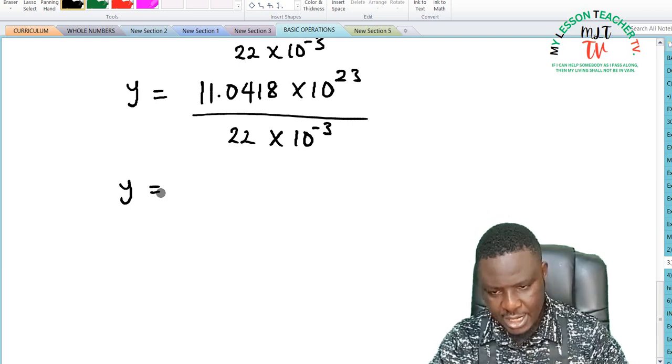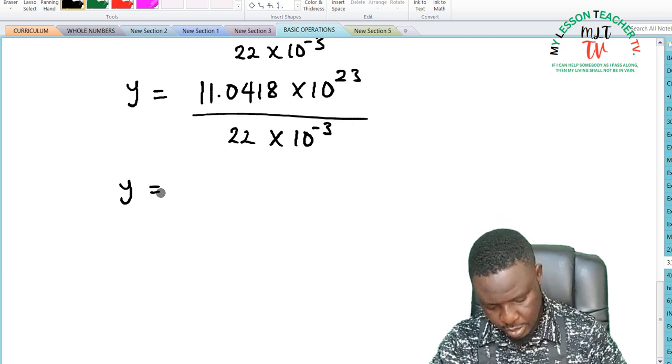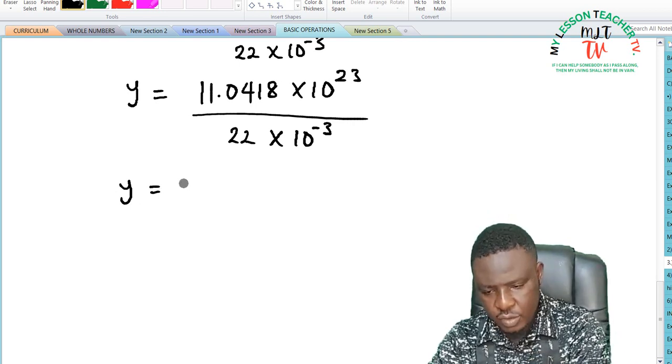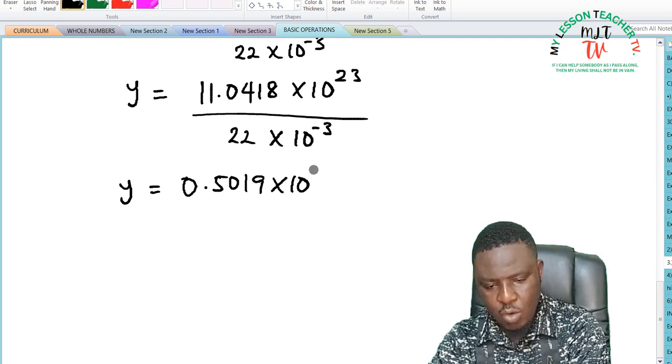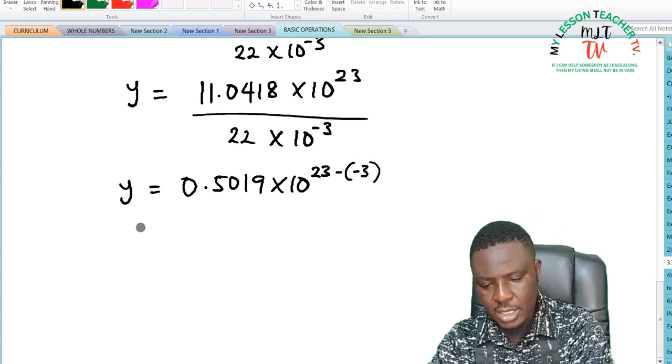When you divide 11.0418 by 22, you shall have 0.5019 times 10 raised to the power of 23 minus minus 3. Y is equal to